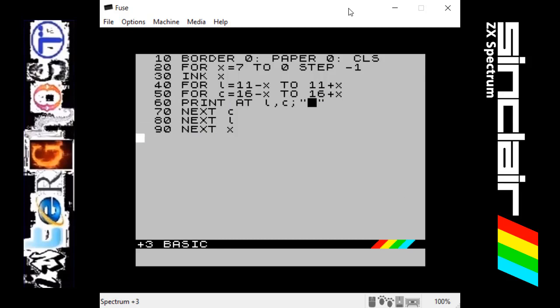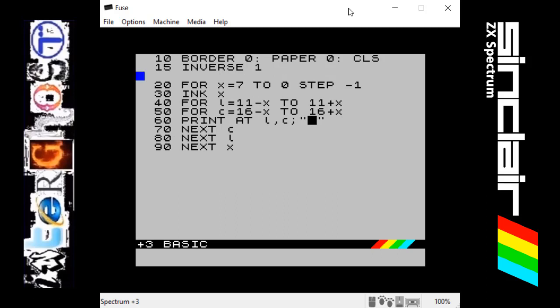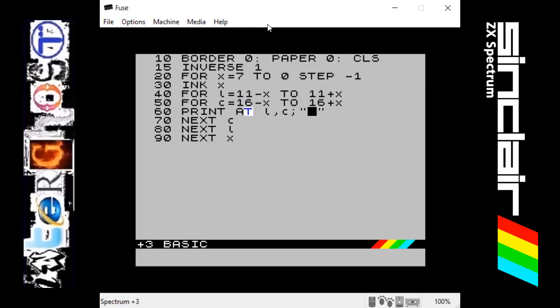Now if we add in a line here at 15 and put inverse 1. What it will do is it will inverse the ink and the paper, so it will swap them over. So then if we go down to this line where it's using the filled in square icon, instead if we use the star so that we can see this inverse, it's basically saying whatever the paper is behind the star and whatever colour the ink is, swap them over. And if we then run that,